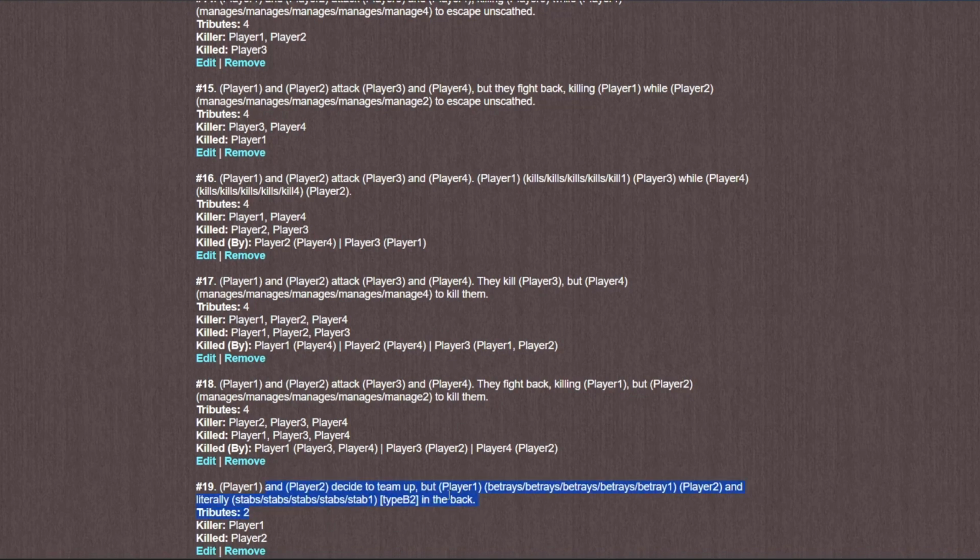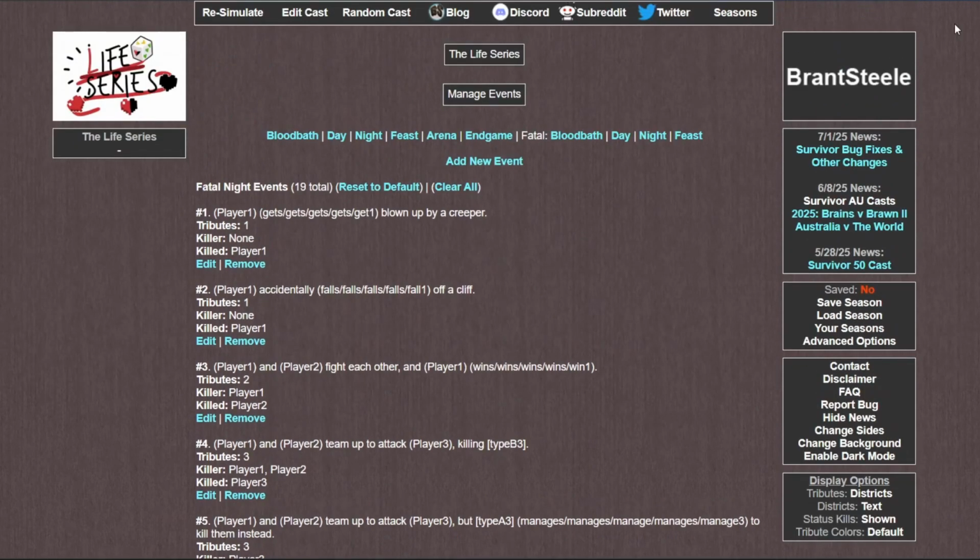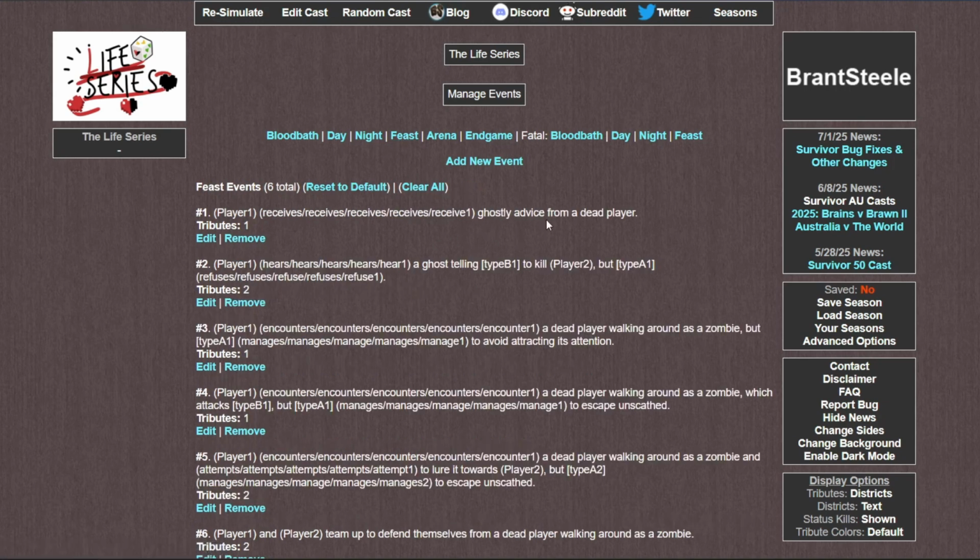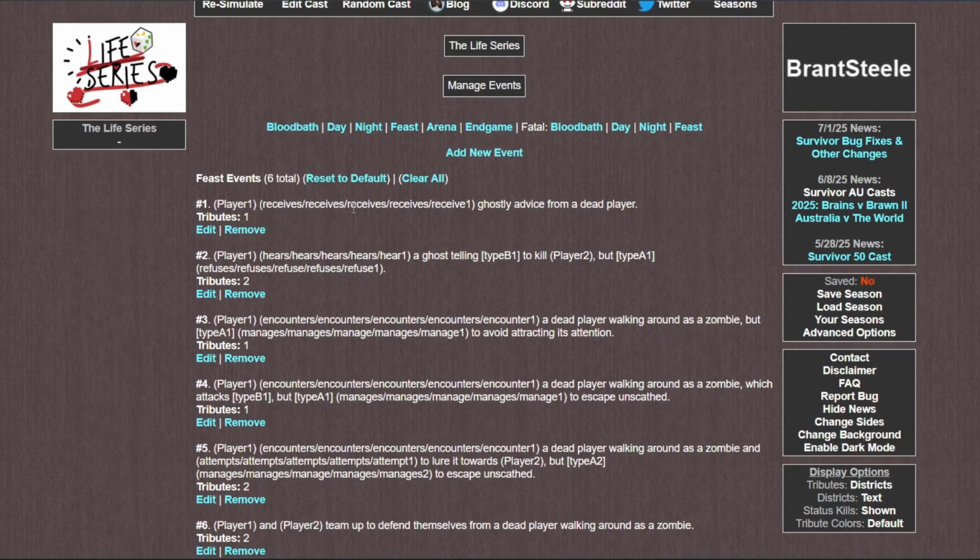And then, of course, the betrayal kill. Now, this one does not have the Enderman kills, but that's because there's so many fighting kills that I decided to just not include it for this part. So those are those. And then we have the Feast event, which is the dead players returning. So the default is just that you don't encounter any dead players. So you saw some people were like that. So then there's also, these are all the ones where nobody passes away.